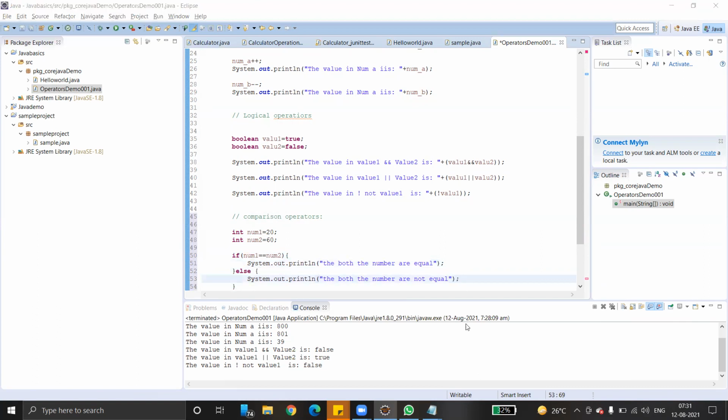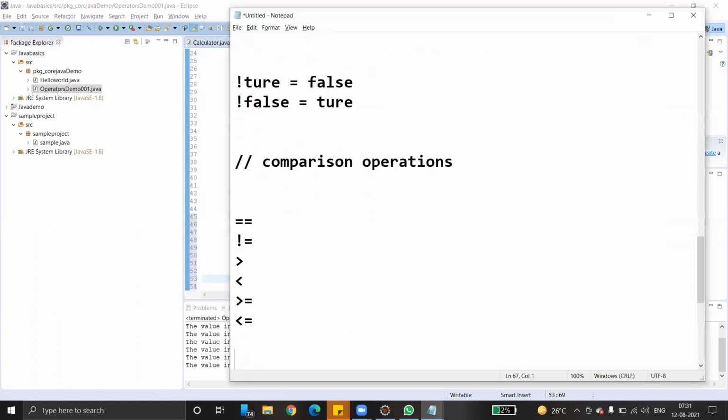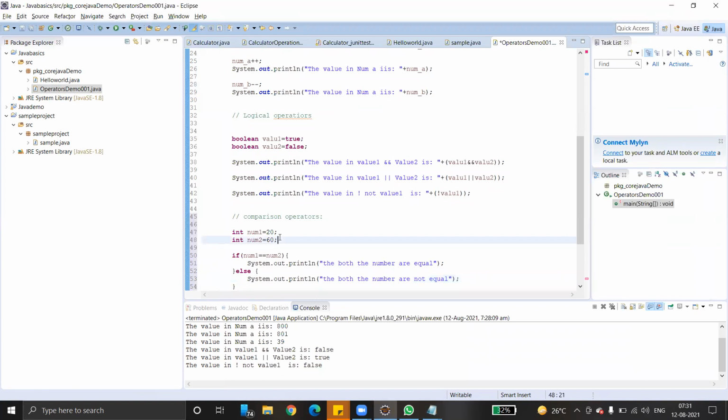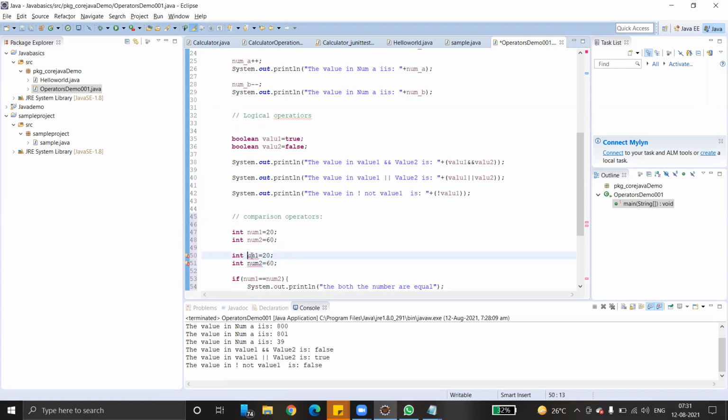And one more thing, actually, Java is a case-sensitive language. That means you have to be very careful while using capital and small letters. See, here we have entered two variables, right? Integer number1, number2. I'm just going to create two more variables. See, it's not throwing an error. Currently, we have four variables.